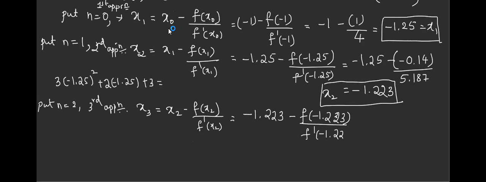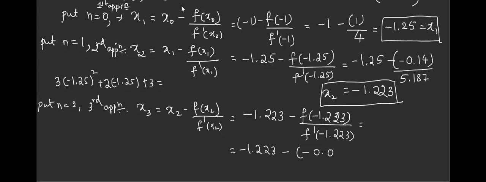You know how to do it. I'll not explain this step now. For f of the value, use equation 1. For f dash of the value, use equation 2. So minus 1.223 minus. I want this answer. Minus 2.547. Yes, ma'am, 2.547.